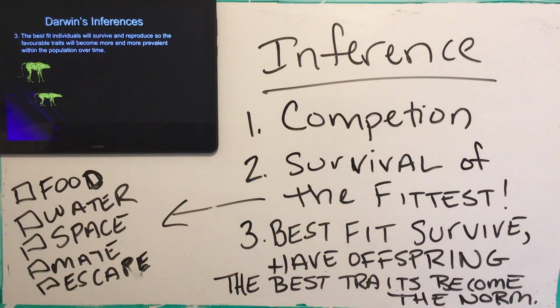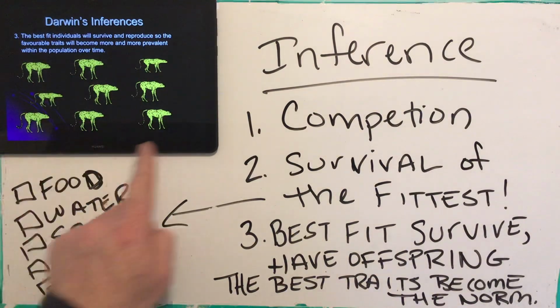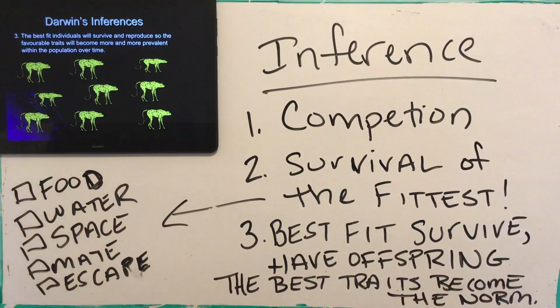So here's our two cheetahs. We had the taller one and the shorter one. And if you remember at the beginning, there was only one tall one. Because the tall one keeps winning, the next generation of cheetahs will probably be slightly taller, will have slightly longer legs than the earlier generations, right? And so you can imagine the level of competition between these cheetahs, now that the majority of them are tall, is going to be even tougher. And survival is going to be even harder, right?